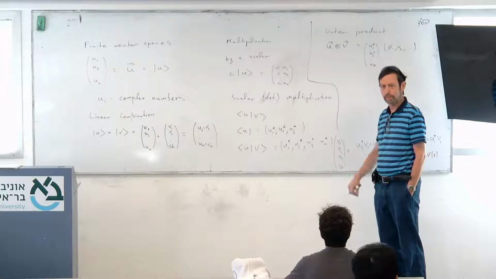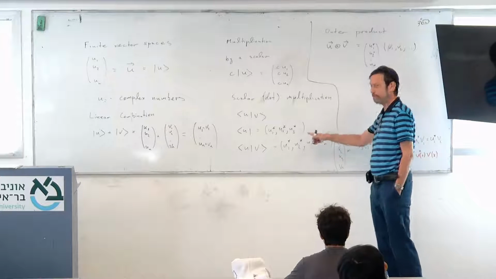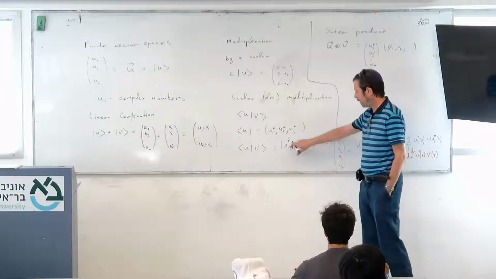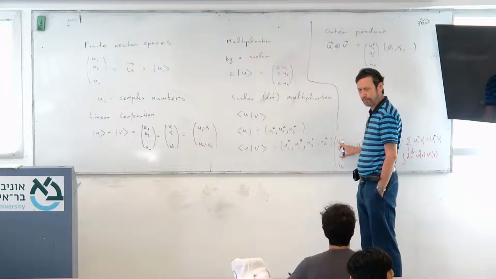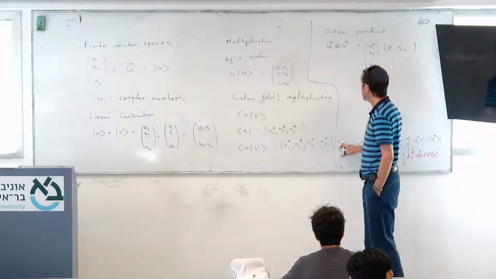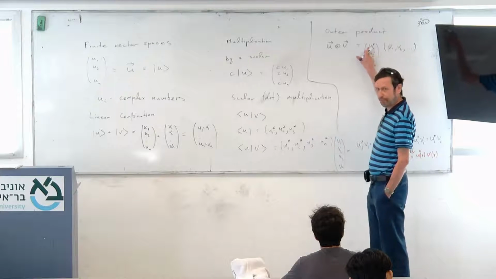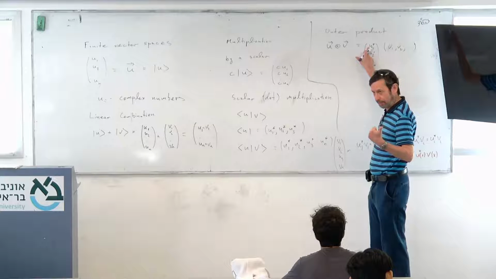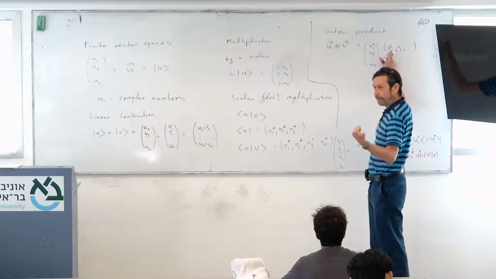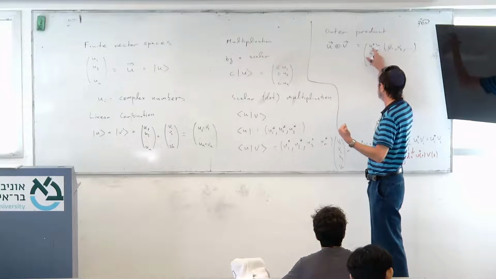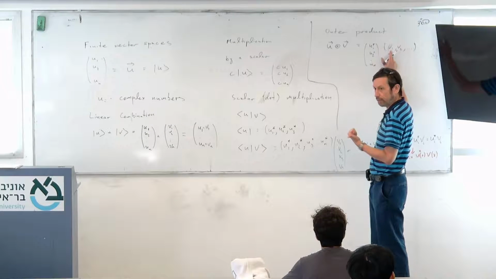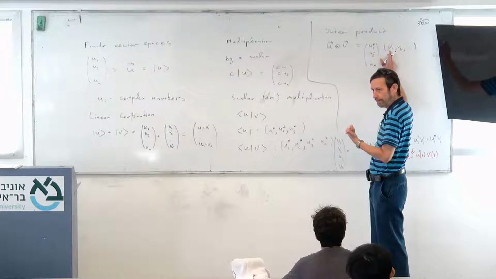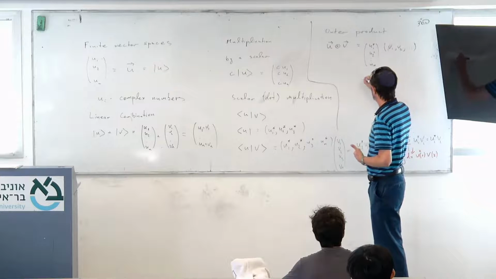So how do we do that multiplication? The same law as here. We take the first in the row and multiply it by the first in the column, second by the second. But here I have only the first number in the row and the first number in the column. I don't have anyone else, right? So